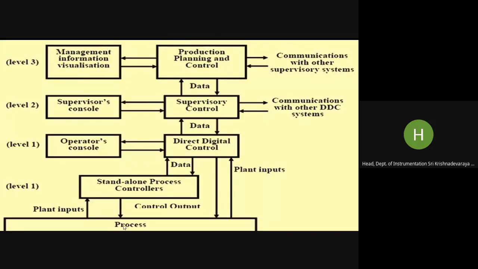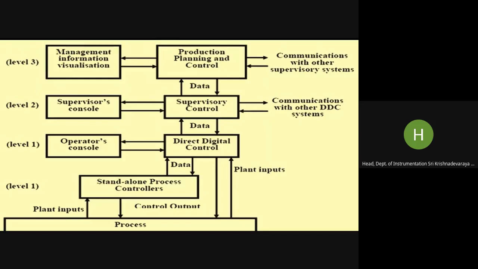Here, process in the sense, we need to understand it's only each unit operation. We have seen what is a unit operation in a process. Your heating system is a unit operation. What are the heating systems? Furnace is one heating operation. Boiler is one heating operation, right? Evaporator is one unit operation. Like that, we will see when it comes to petrochemical industry, what are the different unit operations.